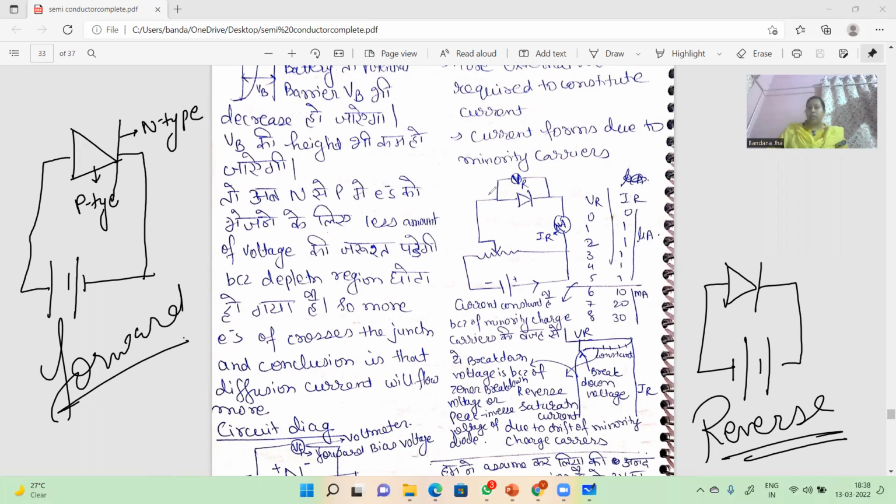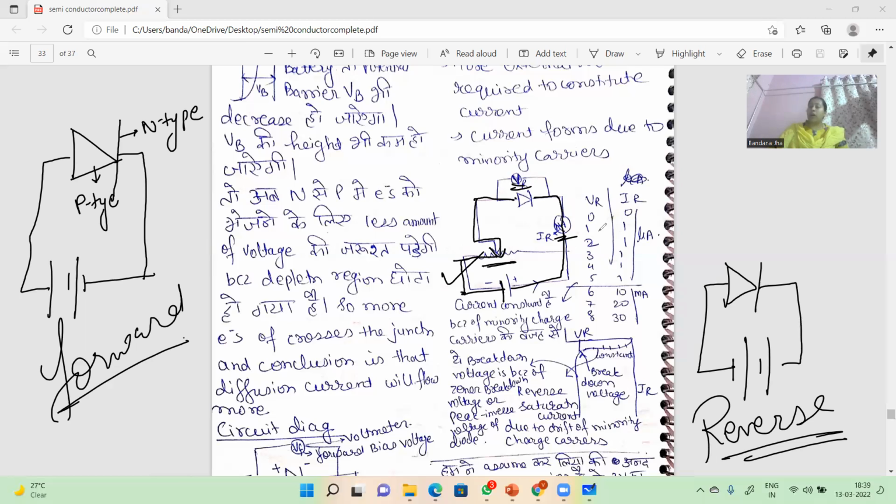See, here is a voltmeter we have adjusted to know the voltage, and we know a voltmeter is always connected in parallel and an ammeter is always connected in series, right? Here is a rheostat to control the voltage, to control the resistance, right? After this, P type is connected to the negative terminal of the battery, and N is connected to the positive terminal of the battery. That's why it is what? Reverse bias. Understand how to draw the diagram?